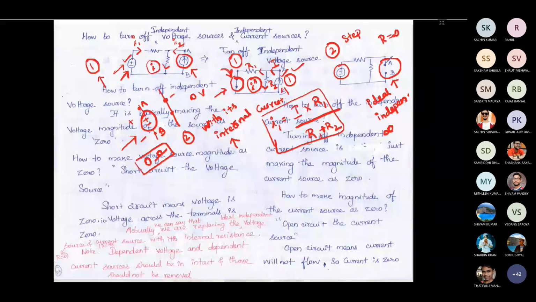Okay. So for a voltage source, its internal resistance is 0. So we have short circuited it. For a current source, its internal resistance is infinite. So we have open circuited it. Okay. So now that's what we have done. Now what we need to do, we have to find the current flowing through this path. Let's say this is I double dash. Okay. This is I dash and this is I double dash.